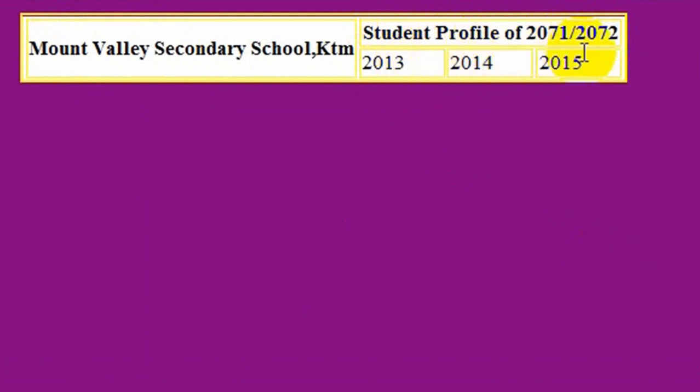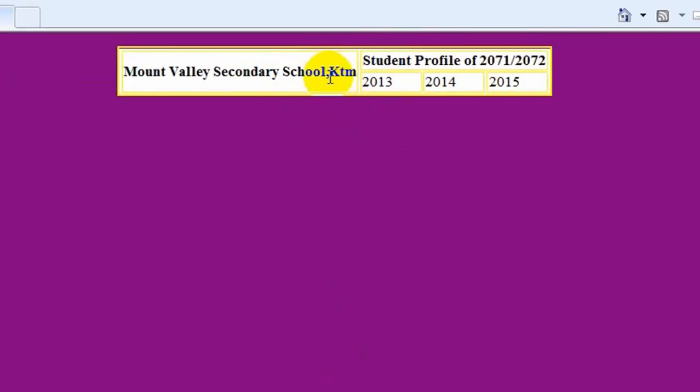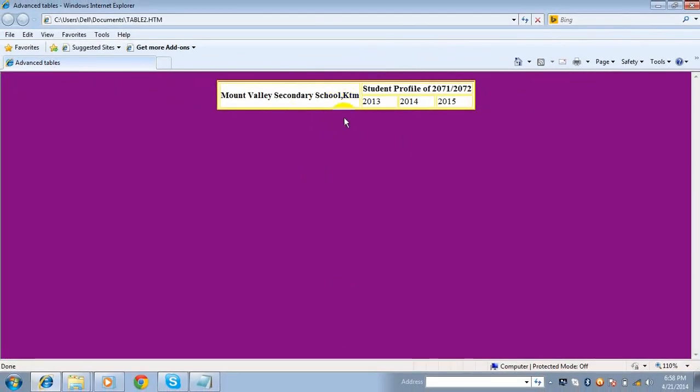3 column cells. Here we have used colspan, and to merge cells of different rows, here we have used rowspan. Now let's insert more data.